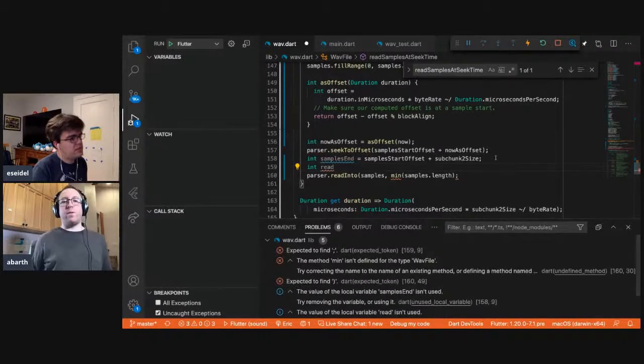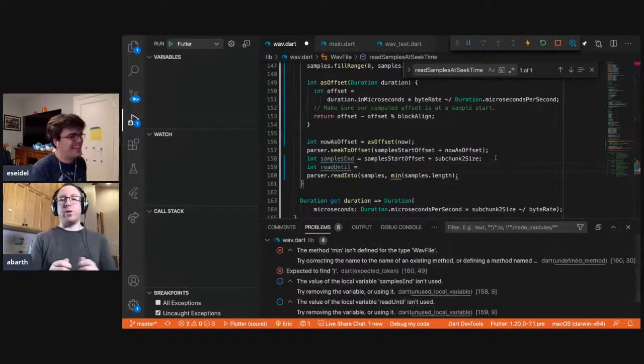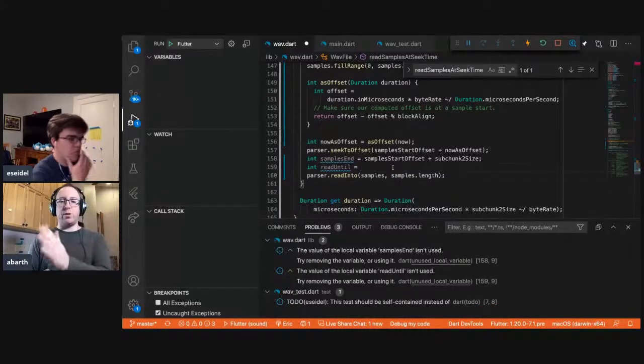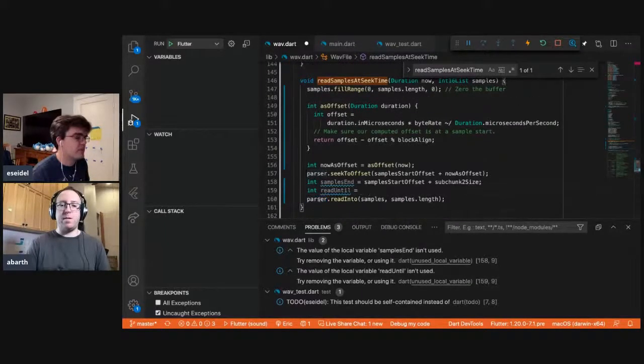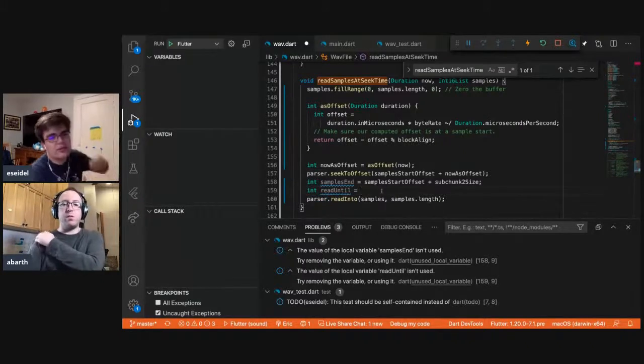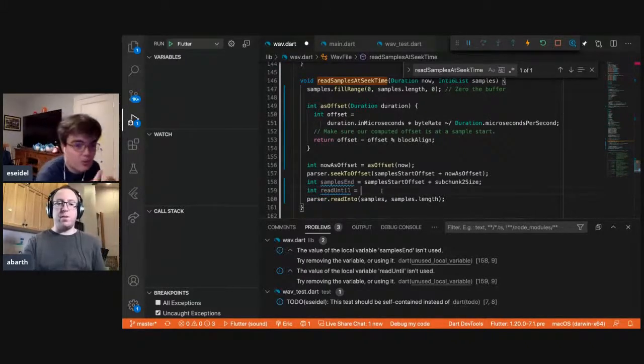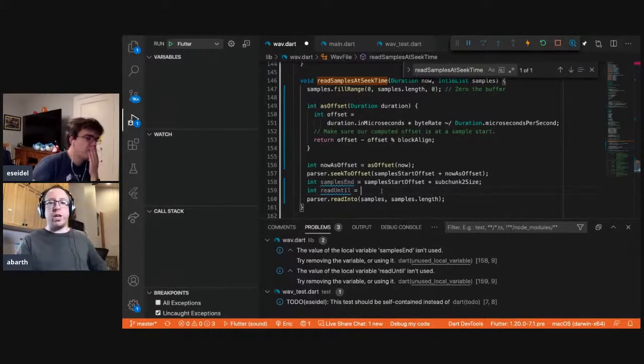I can sort of verbalize what I think you're thinking. There's always a question of where's the zero of your coordinate system? Is the zero at the start of the chunk? Is the zero at the start of where we're reading the samples? Is the zero at the beginning of the whole file? The problem is that we're in competing coordinate systems, as you're saying. We're working in absolute coordinates here, and it's in relative coordinates. The read into function is taking it in relative coordinates, starting at where we're reading, so that's the beginning of samples. But the other information we have is relative.